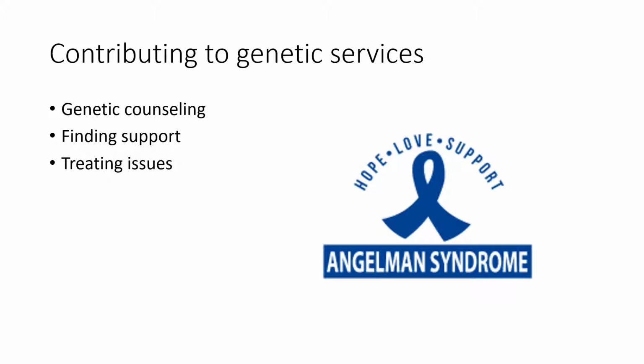Additionally, the RN would give support information to the family of the patient with AS. Since it's a rare genetic syndrome, the family will need support. Other families in similar situations may have some more up-to-date information on the latest research. There are Angelman websites where parents of the "angels" go for support and information. Some of these sites are